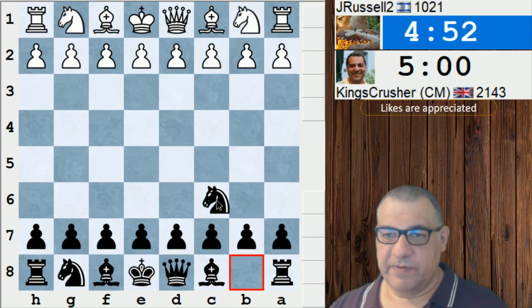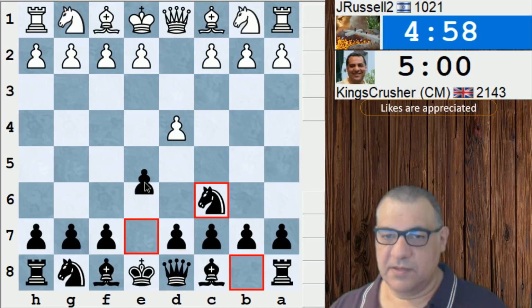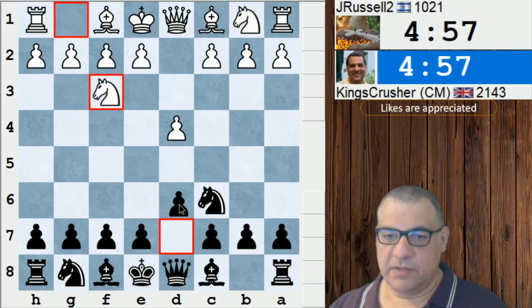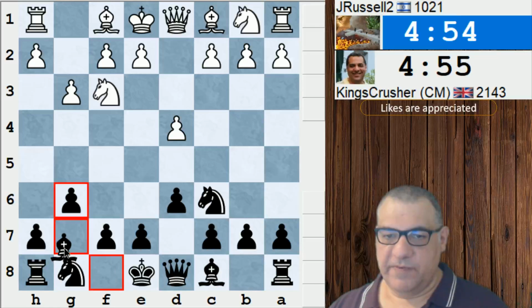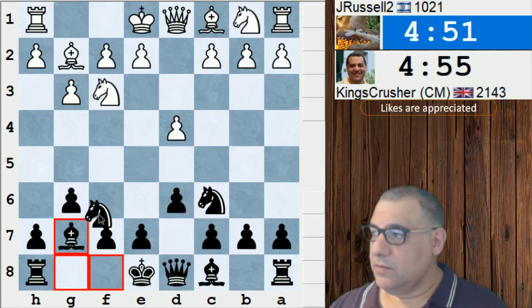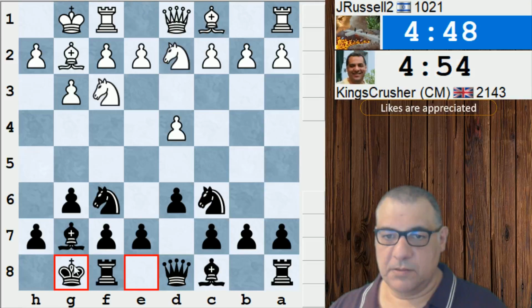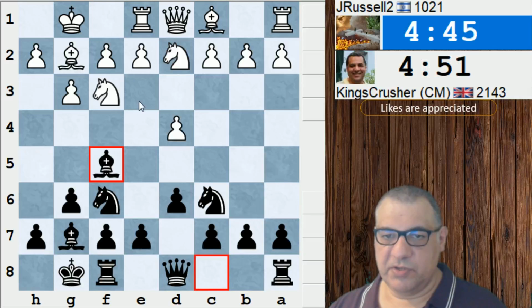So I'm ready with, I think, knight c6 if e4, or this. Tango in the first game. Or not. Not now. d6. And I'll fianchetto, I think. Okay. So this looks like a King's Indian style position. I'll try and...